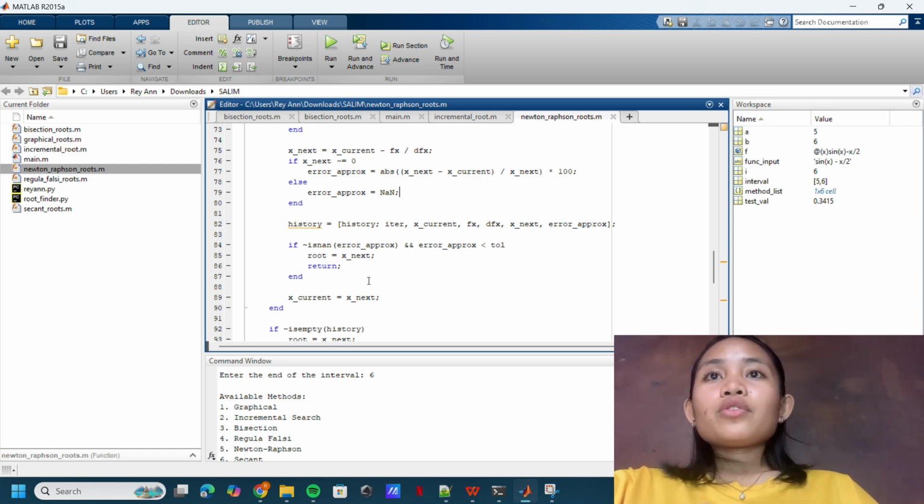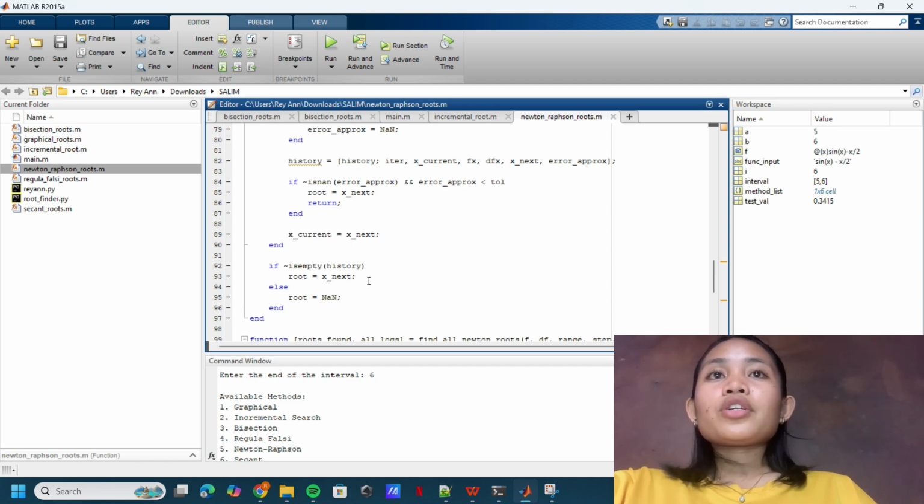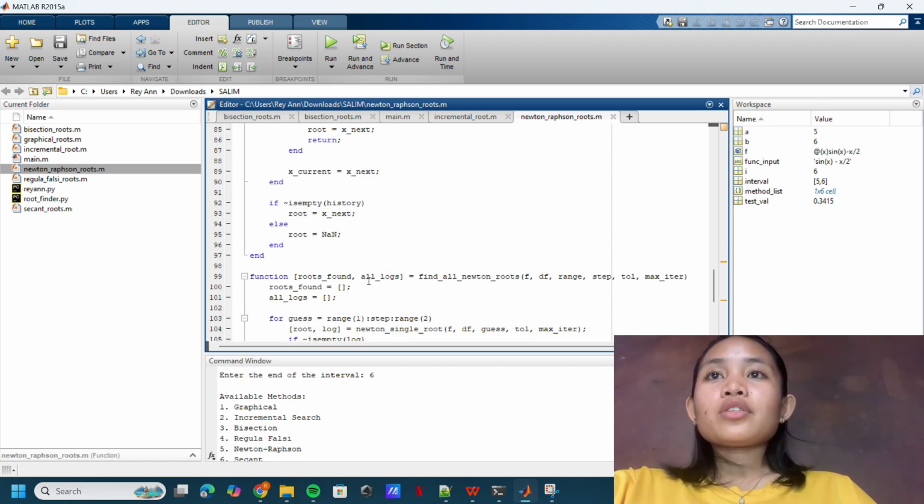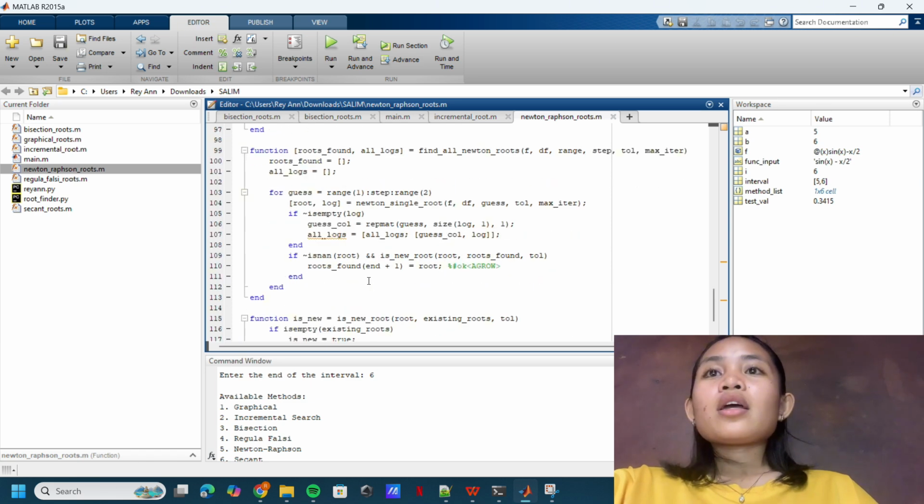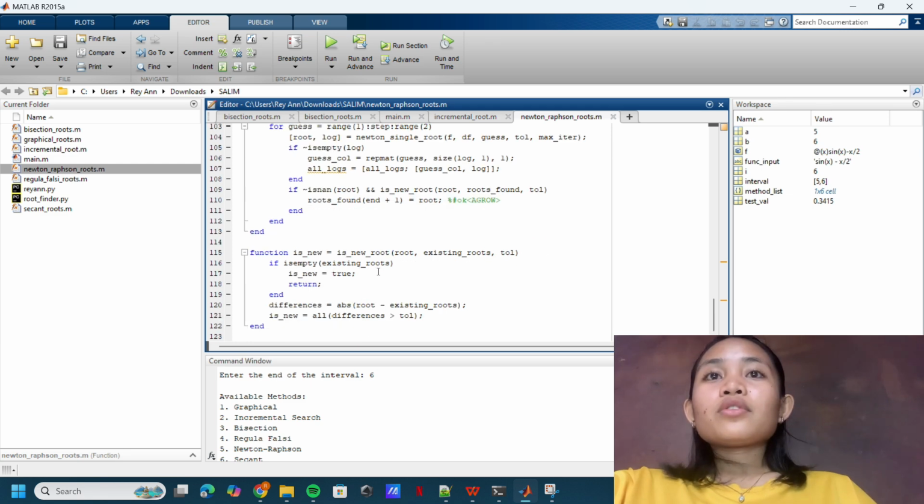Find all Newton roots runs Newton's single root for each initial guess in the specified range, stepping by the increment. The helper function is new root compares a candidate root to previously found roots. Together, these functions enable robust root finding over intervals, visualizing the roots, and providing detailed iteration logs.